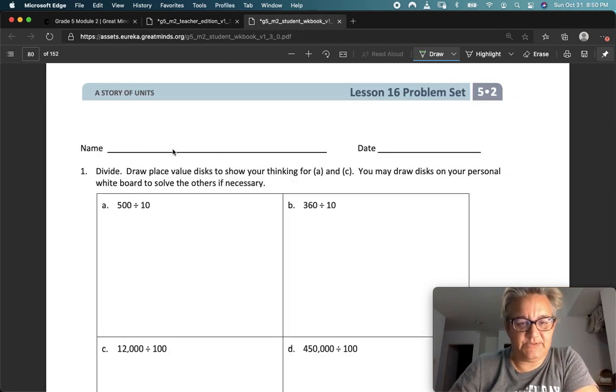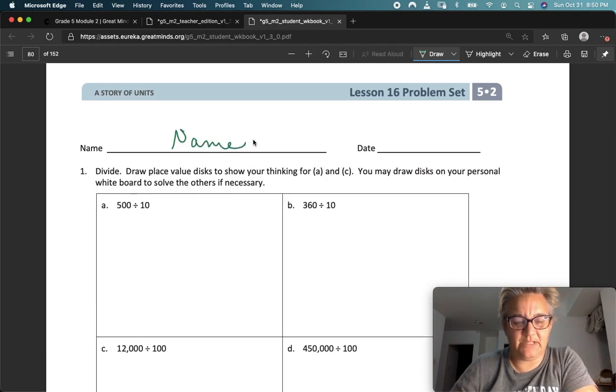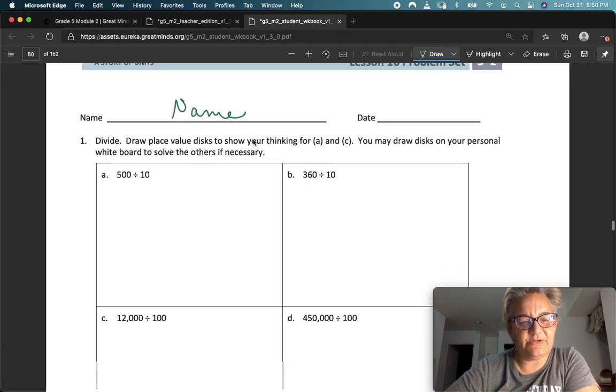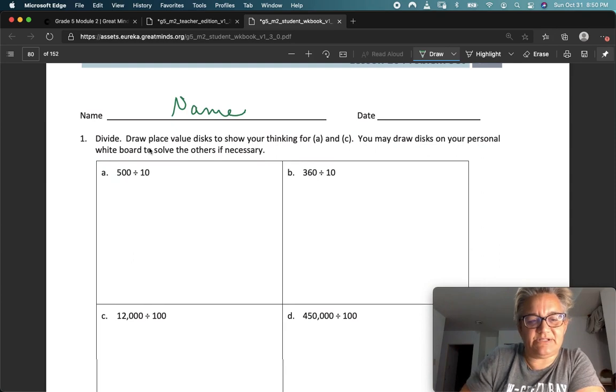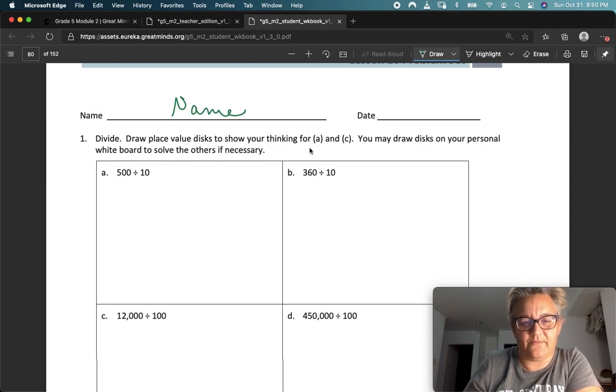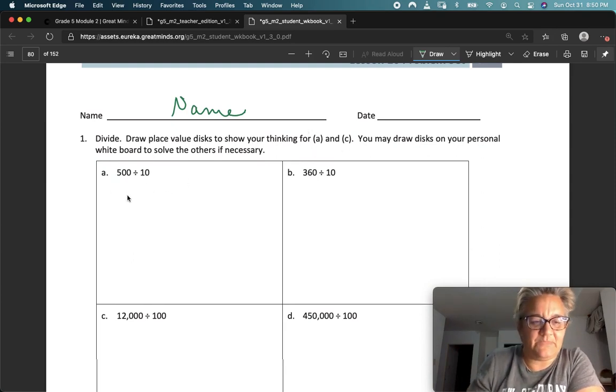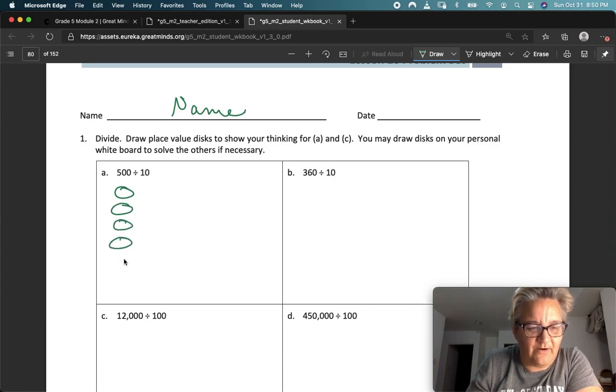So let's go to number 1. Put your name on the paper. Divide. Draw place value discs to show your thinking for A and C. So here's what we're going to do. We're going to divide 500 into 1, 2, 3, 4, 5 place value discs, and each of those is worth 100. Okay, and then I'm going to divide all of that